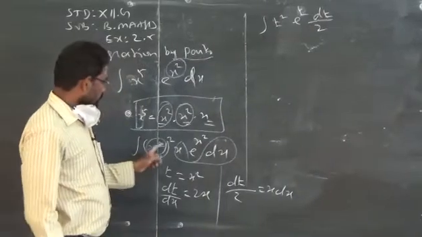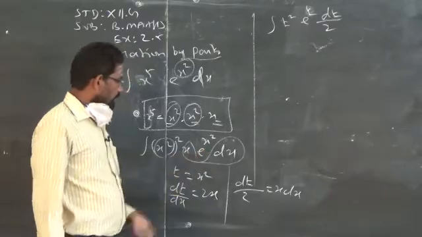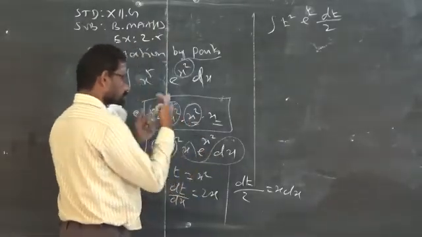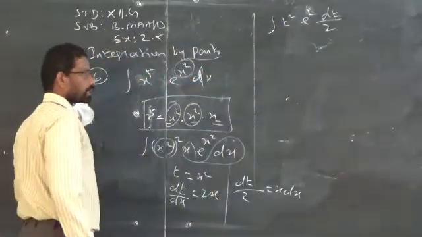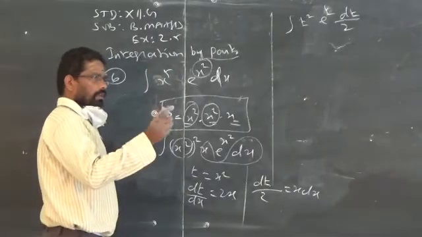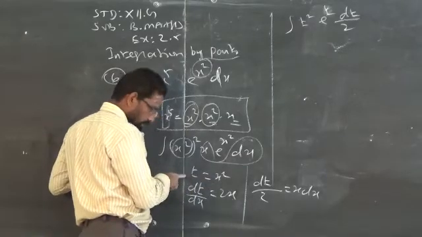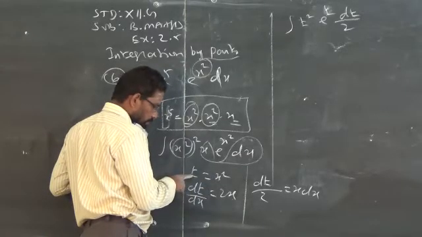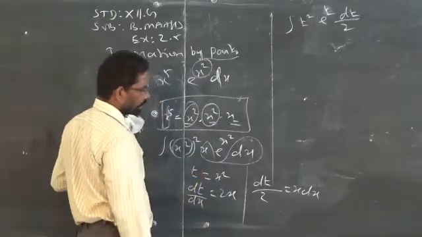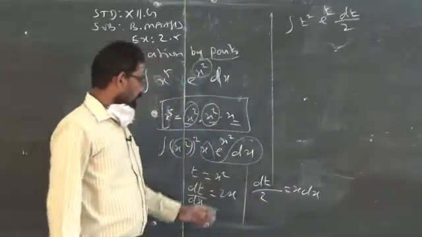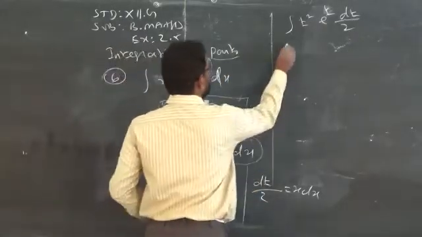Clear? I changed all the variable x in terms of t, but only one is left, that is x into dx. I am supposed to write x into dx also in terms of t, because when the integrand is in terms of the t variable, everything will be in terms of t. You cannot keep mixed variables in integration. So I am differentiating what I consider as t. t is differentiated with respect to x, so 2x, and I need only x into dx. So by making the transformation on both sides, I got x dx is equal to dt by 2. Just to replace, you take 2 as common.